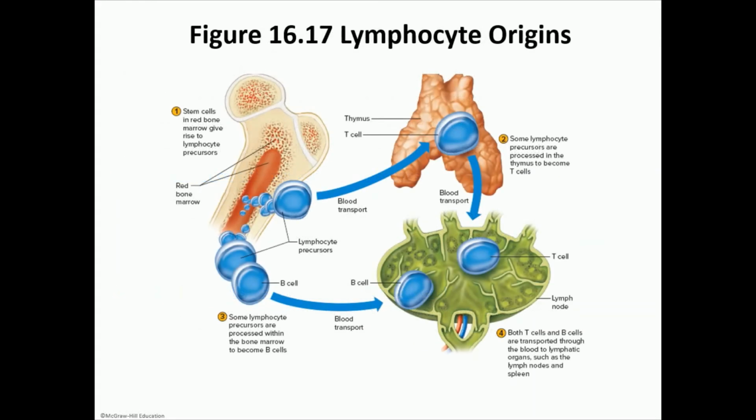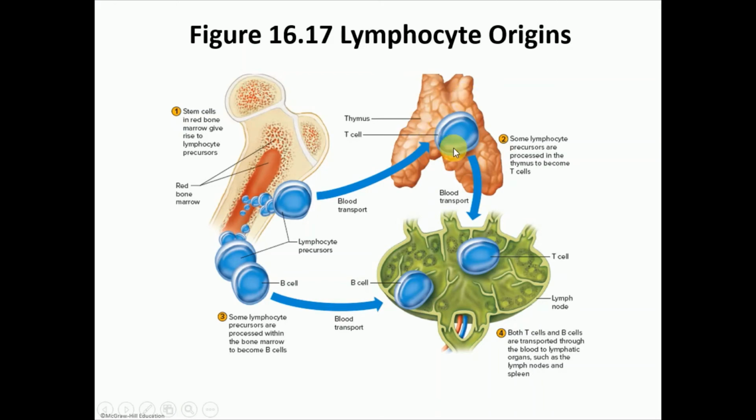You can see here kind of like that cycle. So we'll start off with the precursors in the bone marrow. If it remains in the bone marrow and matures there, we'll end up making B cells, and then these B cells have to be transported by your blood in order to nestle into the spleen or the lymph nodes or the intestine. While these precursors,